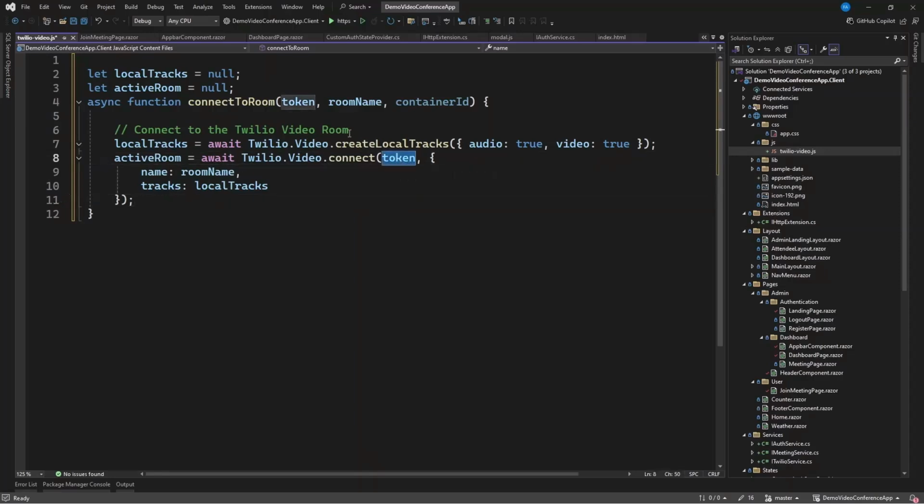We have the token already. There's a token here. And then we want to specify the name, that is the room name, and then your tracks, which is the local tracks, which is your audio and your video. So these are the payload that this connect method, this Twilio method, needs in order to connect you to the room. Okay, now that we are done,